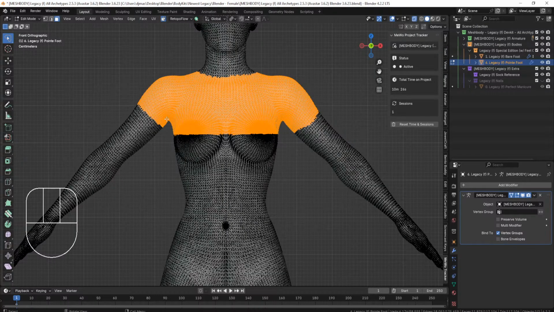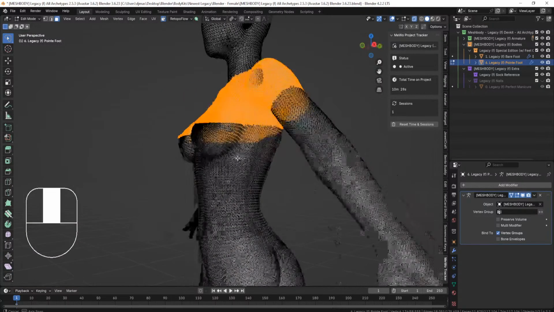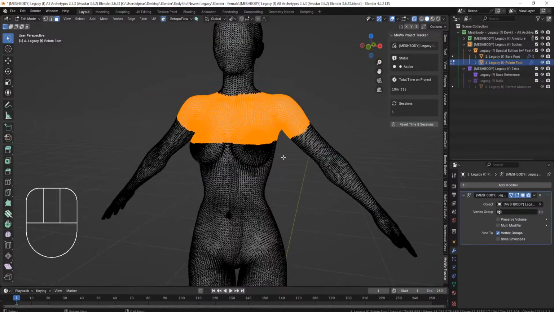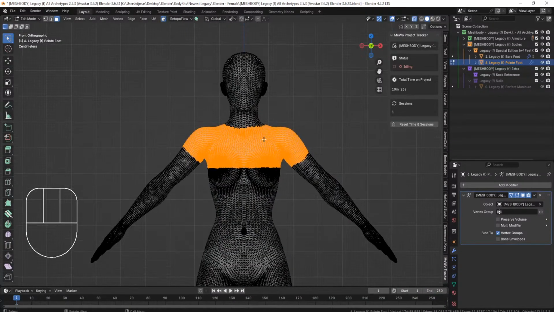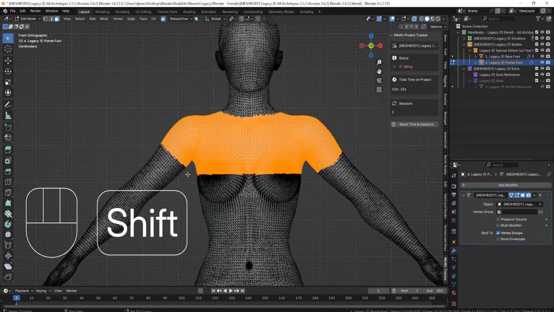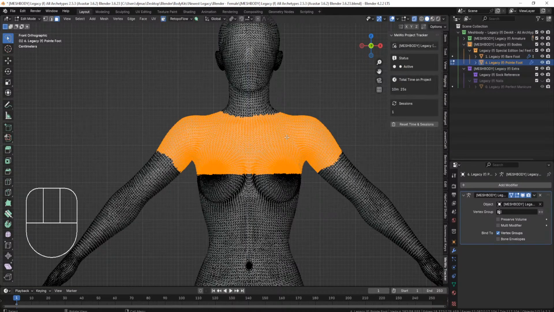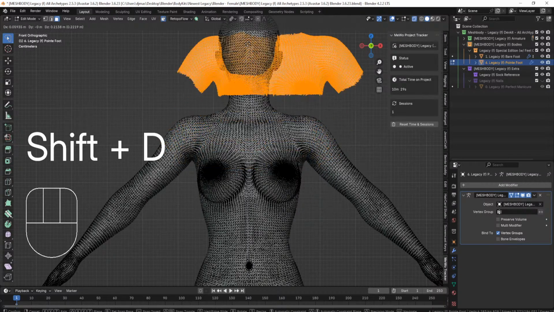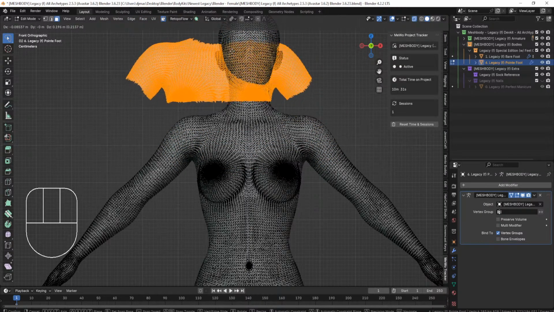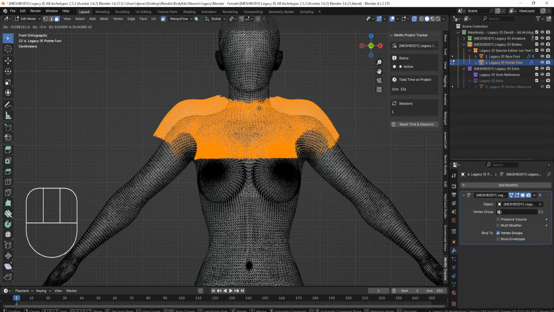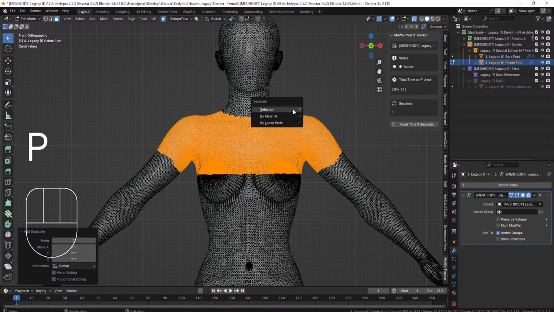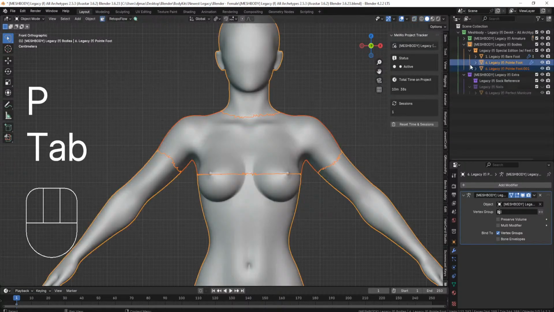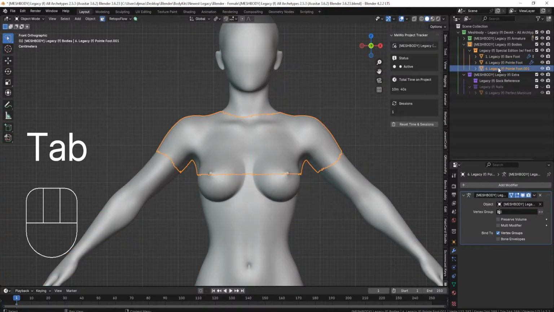Let's say I was gonna make this type of shirt, right? That's like barely covering things, like a teasy type of vibe, right? I could take this selected geometry. Maybe I need to add a little more because the other sleeve looks a little longer, but we could now duplicate this geometry. Let's go to face select mode, Shift D to duplicate, and I just grabbed this, right? So I just made this. And let's hit P, separate it by selection. Now we have a new kind of copy of this